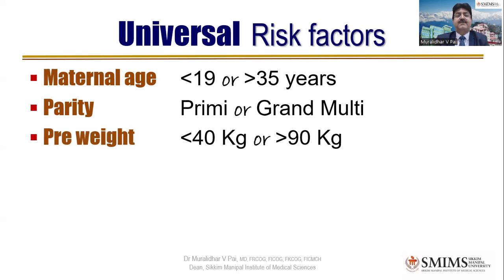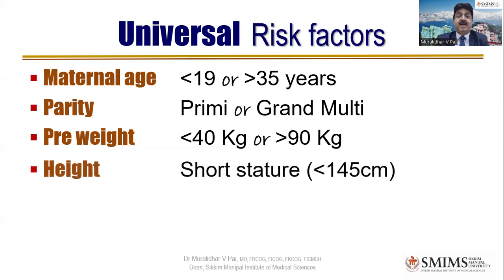Pre-pregnancy weight, less than 40 kg or more than 90 kg. Again, less than 40 kg is a recipe for FGR and more than 90 is a recipe for diabetes. So you should be at an optimum weight. Height, of course,